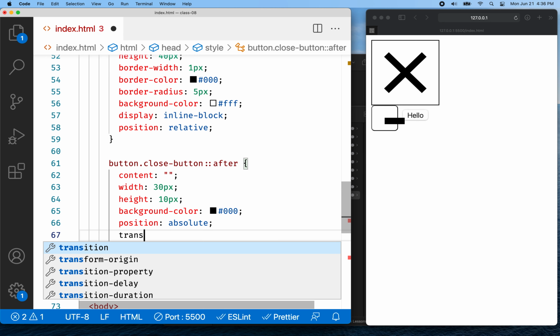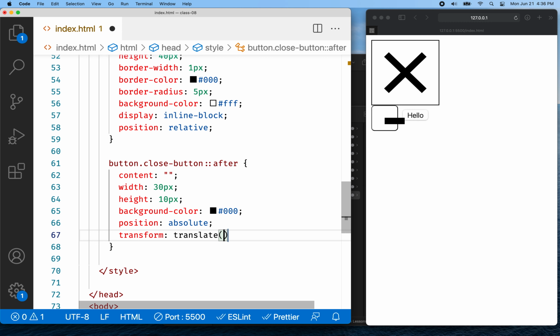So I want to be able to position this, and it's going to be a little weird because if I use transform and then I do translate, what do I got to do? I got to say, okay, so you're in the middle, right? And that means that this is 40 minus 30, so that means I'm at 15, which is the center, or no, 20, which is the center, and then this thing is